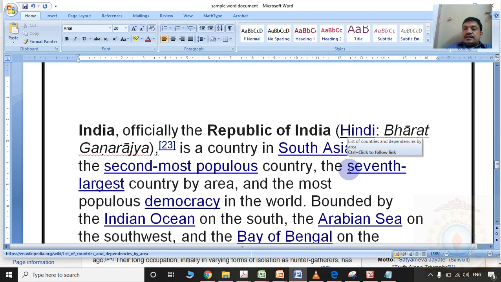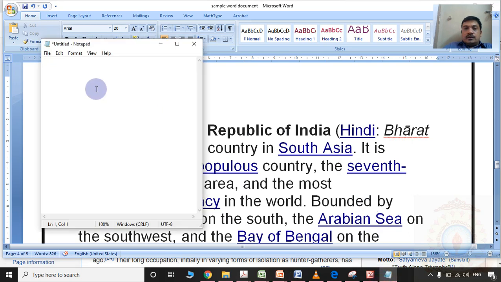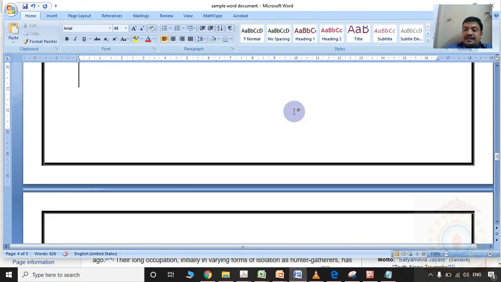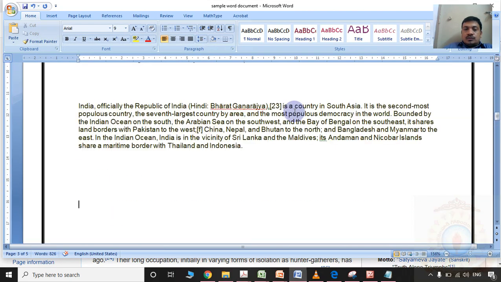It will take more time to modify each and every word. So what is the best way? First of all, copy the content into a Notepad. Then from that Notepad, select all the content and paste it in the MS Word document. This tip will be useful to save your time whenever you are preparing e-notes.